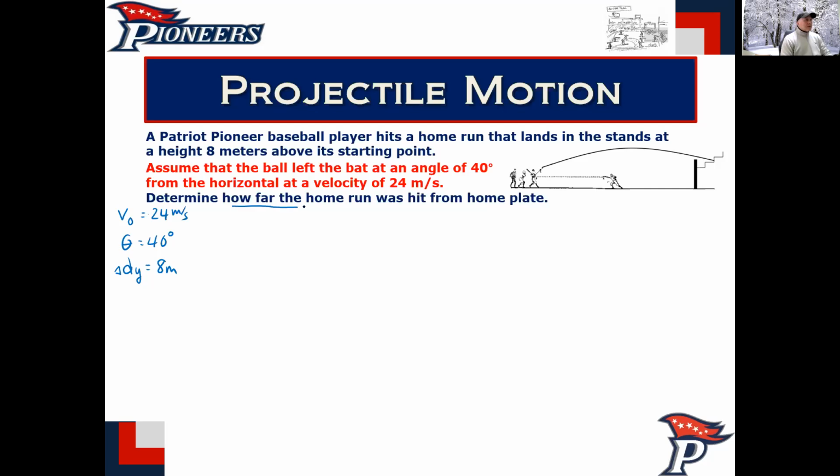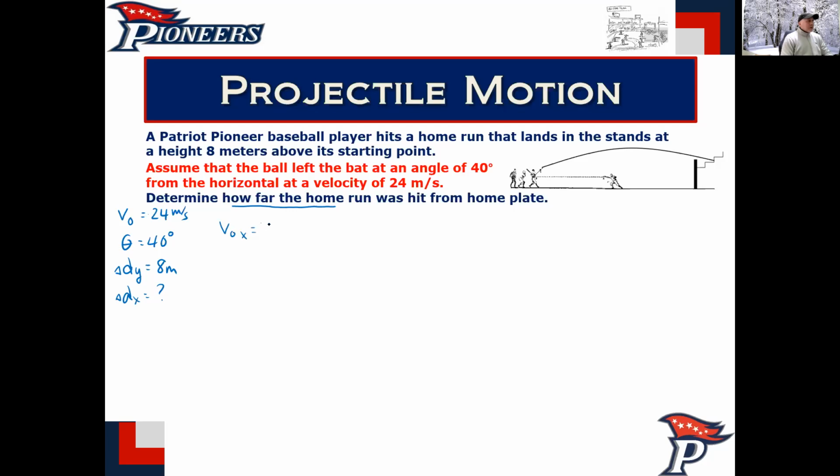This problem just says how far, right? So what is dx? That's what most of these problems are going to ask. It might ask, like the last one, how high does it go? We wouldn't care what that number was, but we would want to know how far,